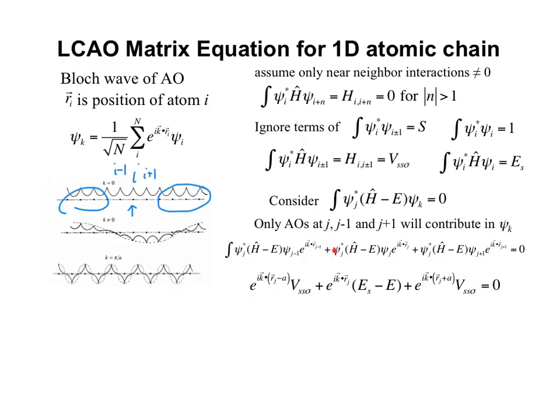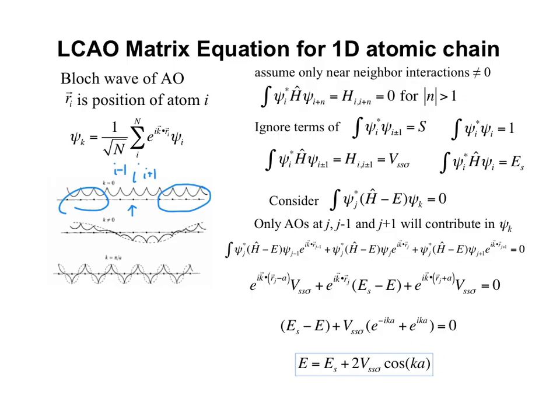Now, because this entire equation is set equal to 0, we can divide each of the terms by e to the I k dot Rj, which will remove this term and the Rj parts of the other term. Thus, I get ES minus E plus VSS sigma times e to the minus IKA from the one side plus e to the plus IKA from the other side. We then recognize that by converting this exponential into cosine plus I sine will give us 2 times cosine of